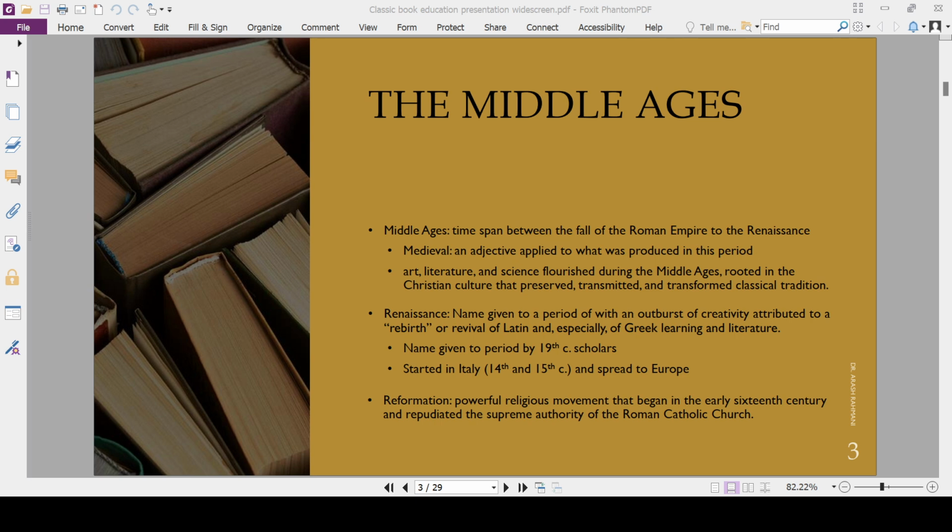And finally, the third critical term that we have to talk about is the Reformation. So, the Reformation designates a potent religious movement commencing in the early 16th century. Now, this movement vehemently contested the supreme authority of the Roman Catholic Church. And understanding these three pivotal keywords will lay the foundation for our comprehensive analysis of this 800-year expanse when we